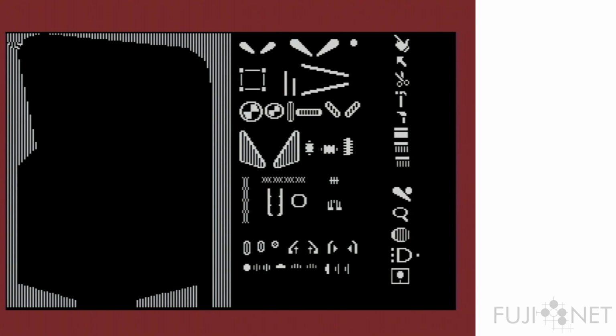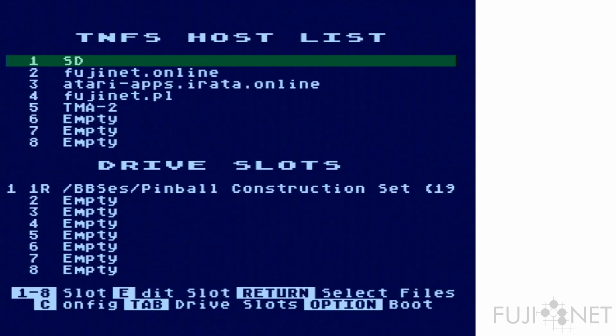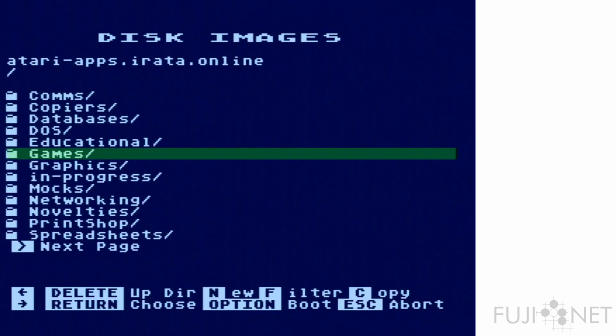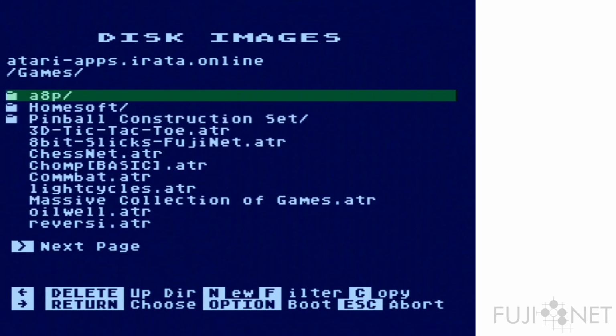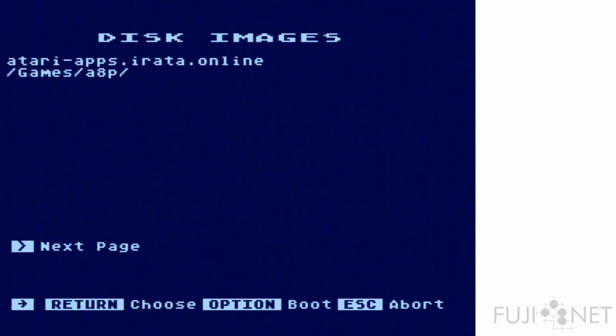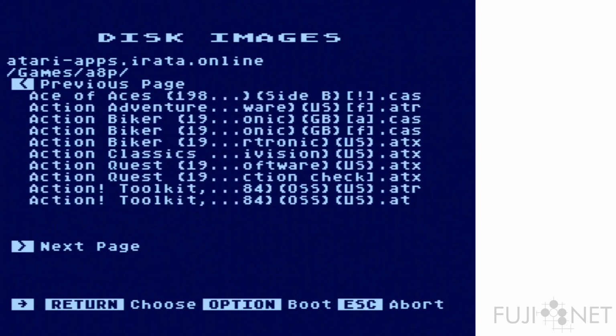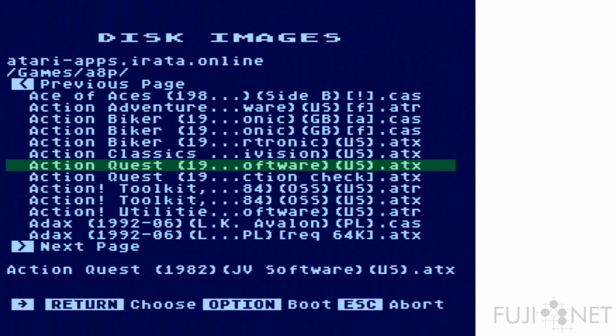So with that, we're actually going to do one more copy here as an example. We'll hit reset on the FujiNet, press select again. We will go ahead and eject Pinball Construction Set, and I will do another copy here. We'll pick something else. Doesn't really matter, but let's say, sure. Again, it really doesn't matter. All it's doing is agnostically copying the software over. I'm just using ATX as an example here. As a matter of fact, you know what? We'll